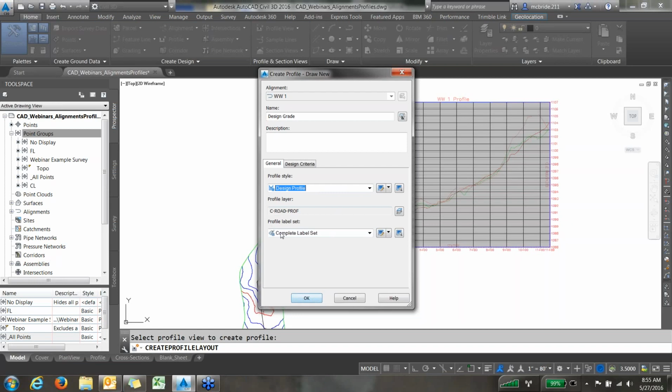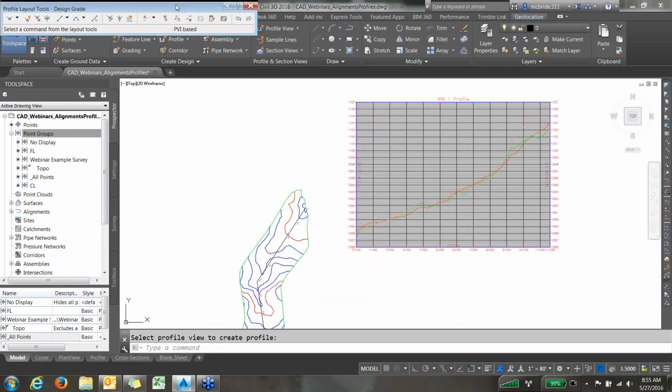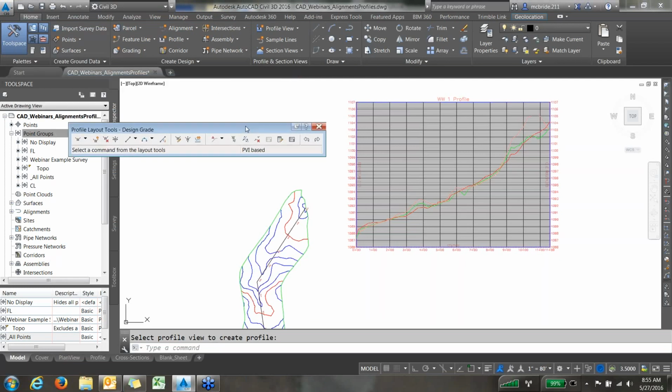I'll explain what that is when they show up on the grid, but I'll just leave it for now. Hit OK, and I got this box popped up here in the top left of my screen,